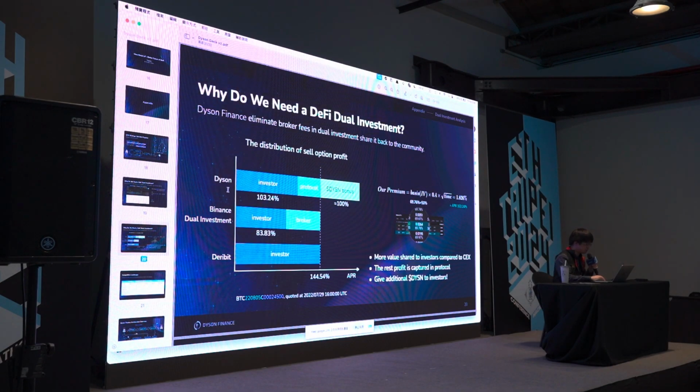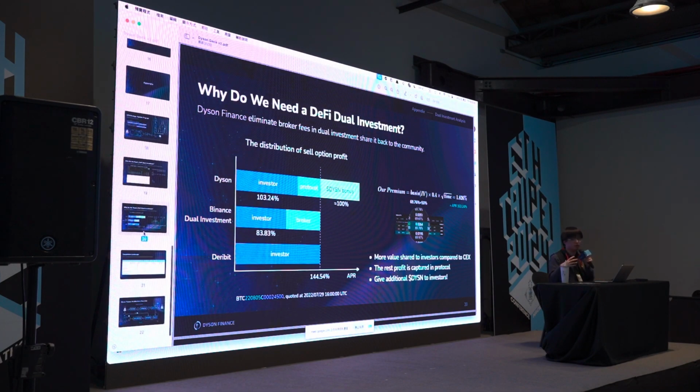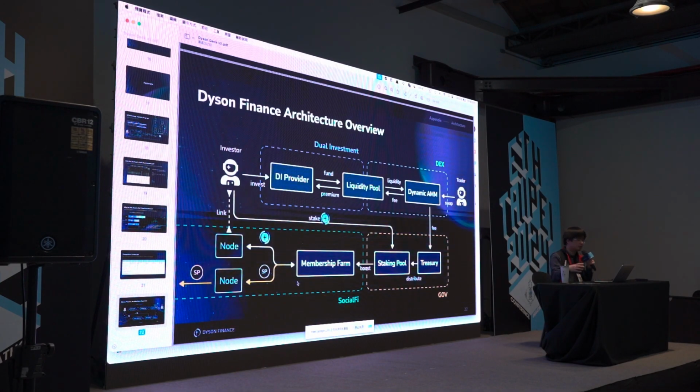Yeah. So by comparing with Binance, we can see that most of the time Dyson already wins, and considering the governance token farmed from doing dual investment, it will be even more profitable. Yeah. So that's how we form our product, and it will become like a closed cycle: when users do dual investment, it will grow the liquidity pool, and that will help us to perform swaps with external traders.